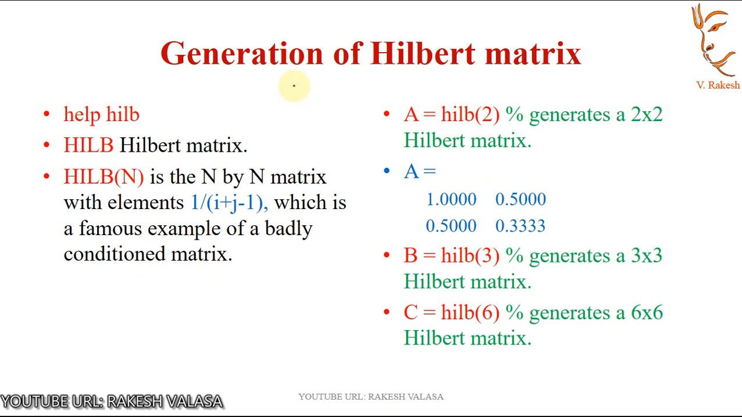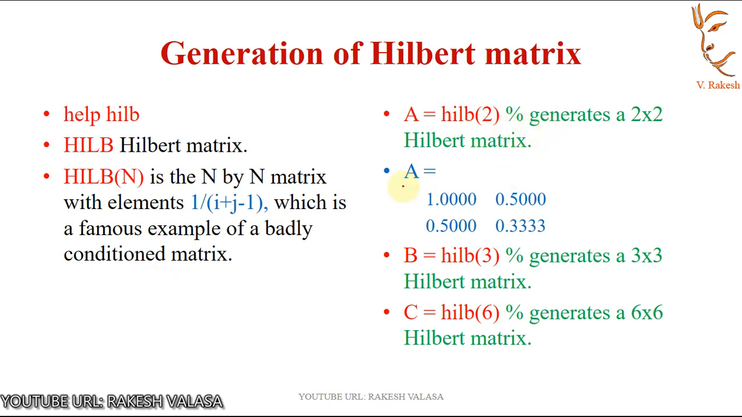The last one is generation of the Hilbert matrix. If you want clear details about the Hilbert matrix, you can type help hilb in the command window. It displays the clear details about the Hilbert matrix. hilb of n is the n by n matrix with elements 1 by i plus j minus 1, where i means the row position and j means the column position, which is a famous example of a badly conditioned matrix. For example, I am taking A equal hilb of 2, which generates a 2 by 2